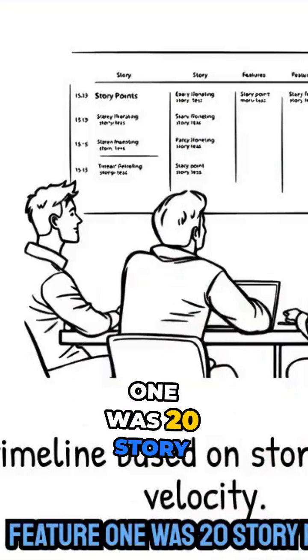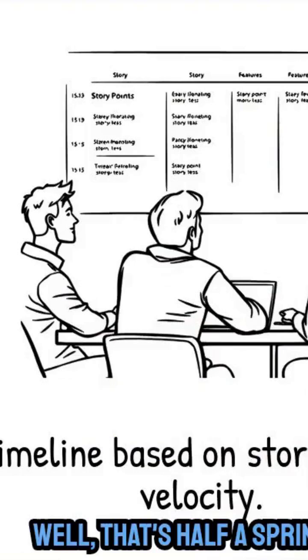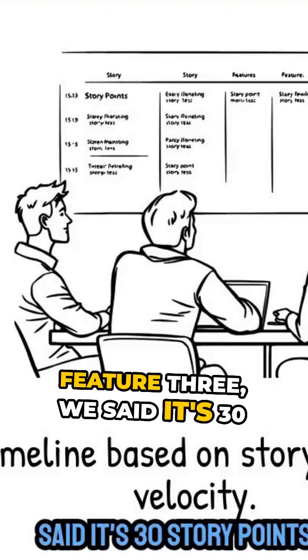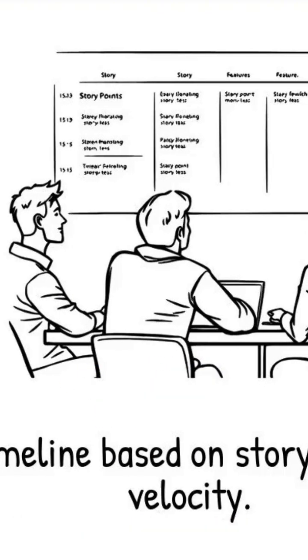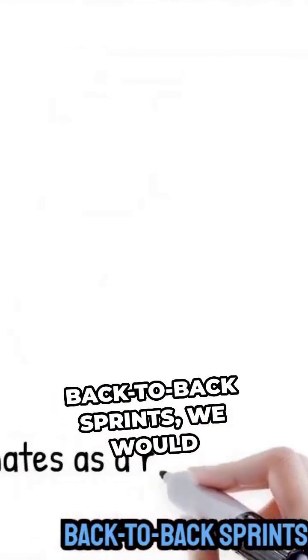Feature 1 was 20 story points, remember? Well, that's half a sprint. Feature 2, 40 story points. We said it was large. That's a full sprint. Feature 3, we said it's 30 story points. That's about 3/4 of a sprint. And feature 4, 40 story points. That's one sprint. So the estimate, if we're doing back-to-back sprints, we would generally look at this as 3 sprints